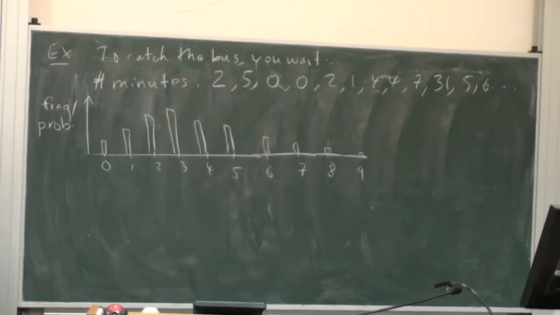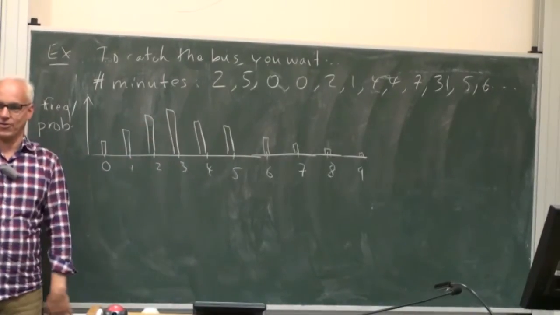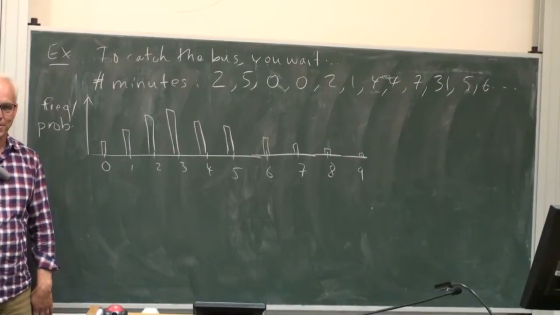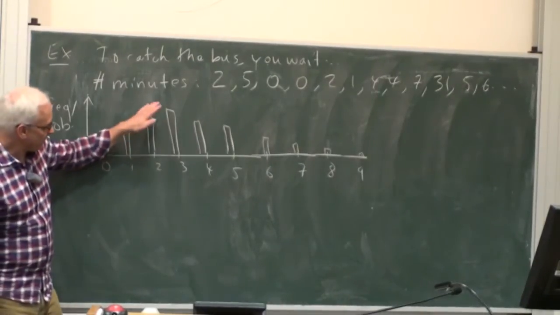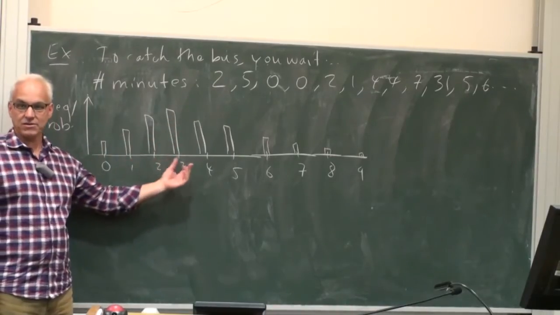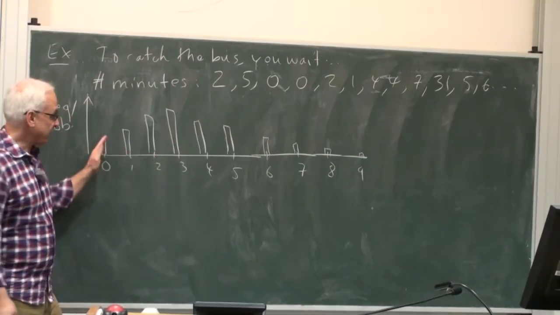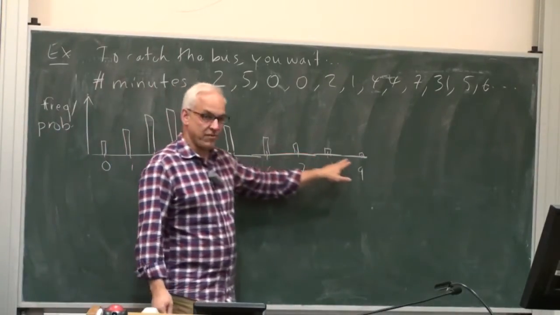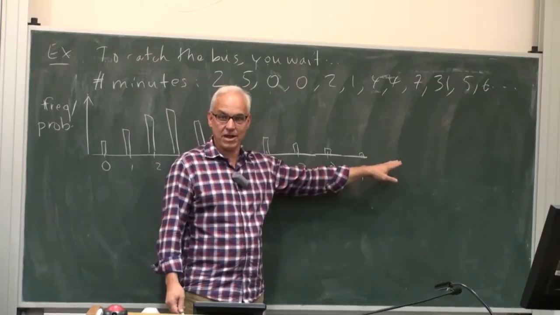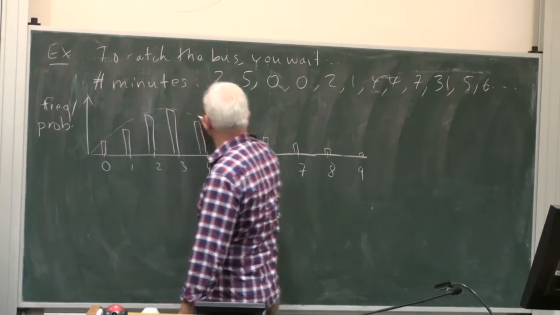In fact, you can try. You probably do get something like this. Okay? There's some frequency that's sort of maximum, maybe 3 minutes or 4 minutes or 2 minutes. And as you keep going, the numbers tail off. They become relatively small. There's a kind of a shape to this distribution.